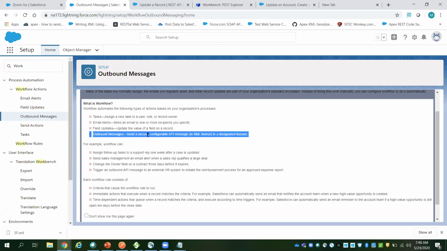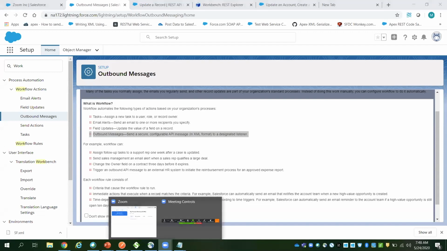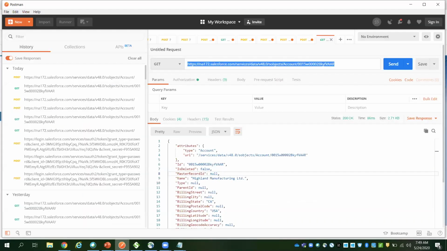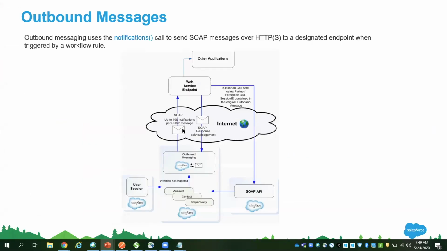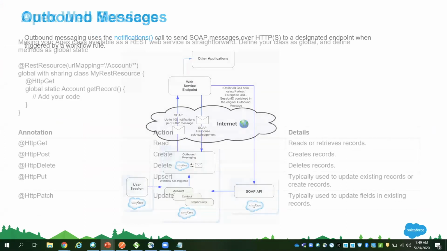Without doing any kind of coding, using the configuration, you can send the outbound messages. So here is a graphical UI where you can send some data to a web service endpoint, and you can get the callback messages as well. So try this, outbound messages.